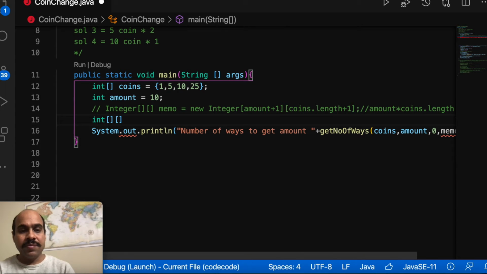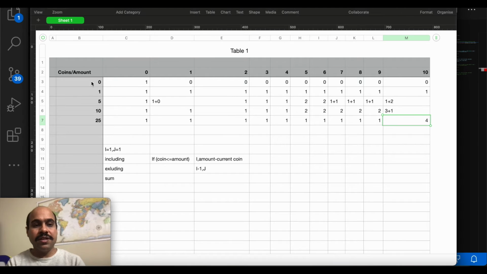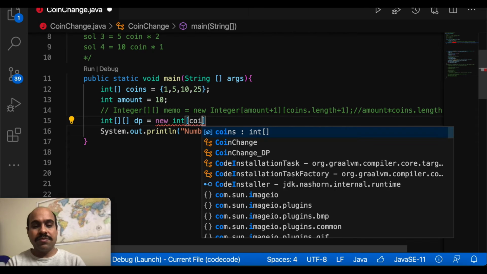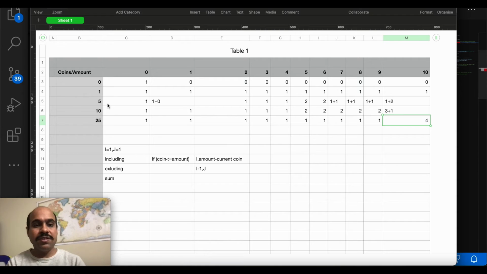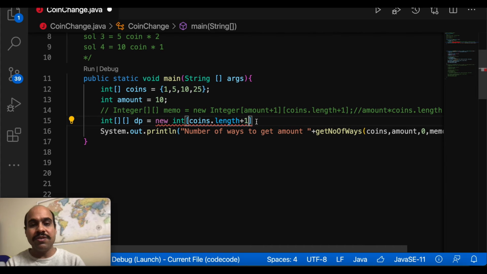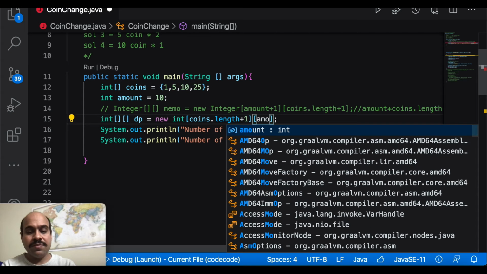We can name it as dp, and I am looking for new int array. So here if you see, I want to take row as coins. So coins dot length plus 1. Why plus 1? Because for initialization purpose we are taking this 0th row basically, so it means I now need 5 here. If I have 4 coin, I need 5 row value, so I will just take coins dot length plus 1, amount plus 1,